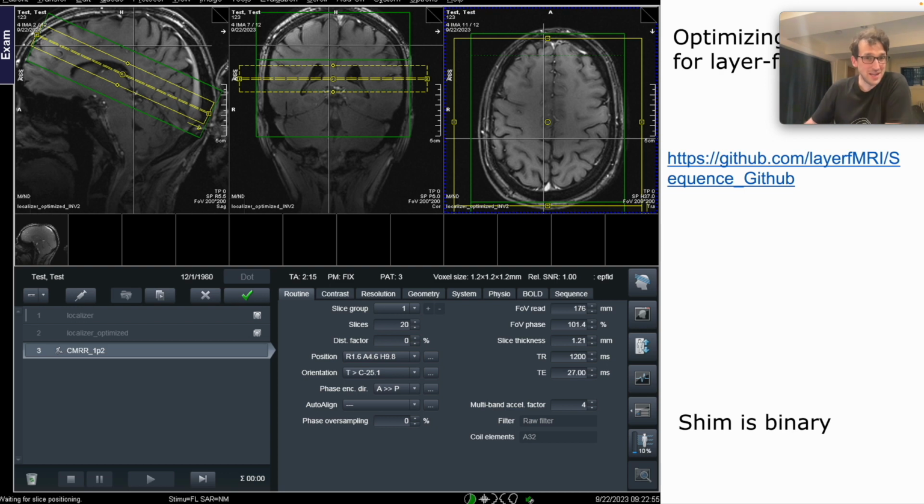Now this brings me to the next thing, namely the shimming, which would be the green box here for those who don't know the Siemens way of doing things. In the shimming, I think the first crux of the matter is that shimming is kind of binary: a voxel is either inside the shim or outside the shim area, right? Which is not how it works for layer-dependent fMRI. Ideally, we would like to have the best shim in the visual cortex, where we want to get our signal. Maybe let's say we only want a 20 hertz line width for the back of the brain, and we would be able to sacrifice a bit of line width in the front, maybe going to 60 hertz,